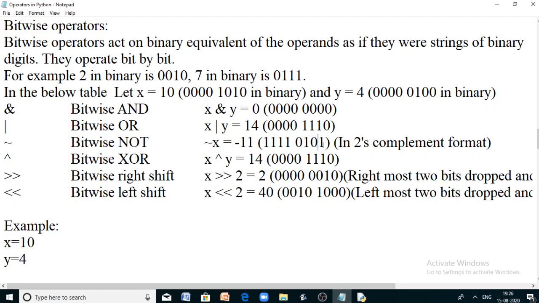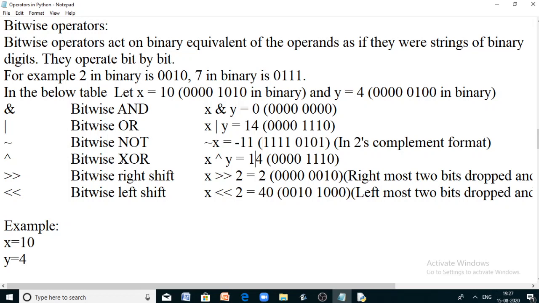So 1 plus 4 is 5, then 5 plus 16 is 21, 21 plus 32 is 53, 53 plus 64 is 117. Now 117 plus minus 128 is minus 11. So when you negate all the bits of plus 10, you will get minus 11 as a result.